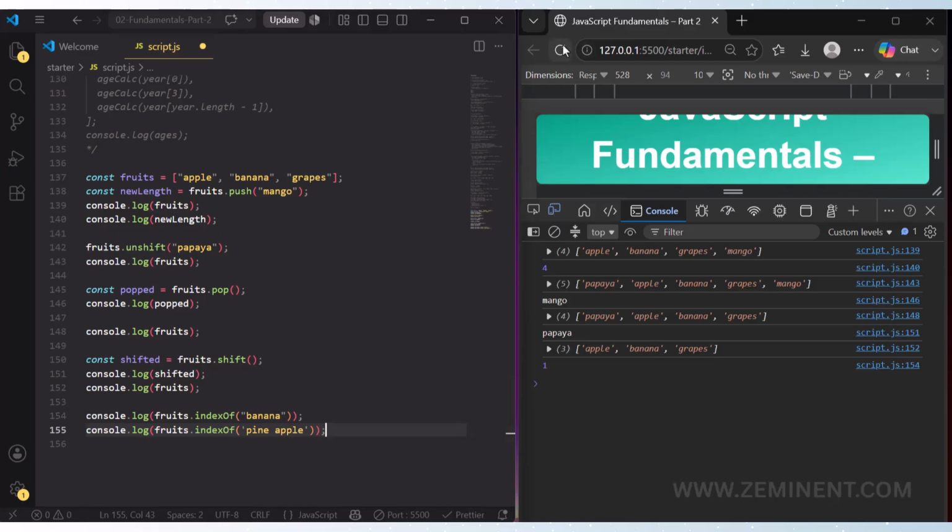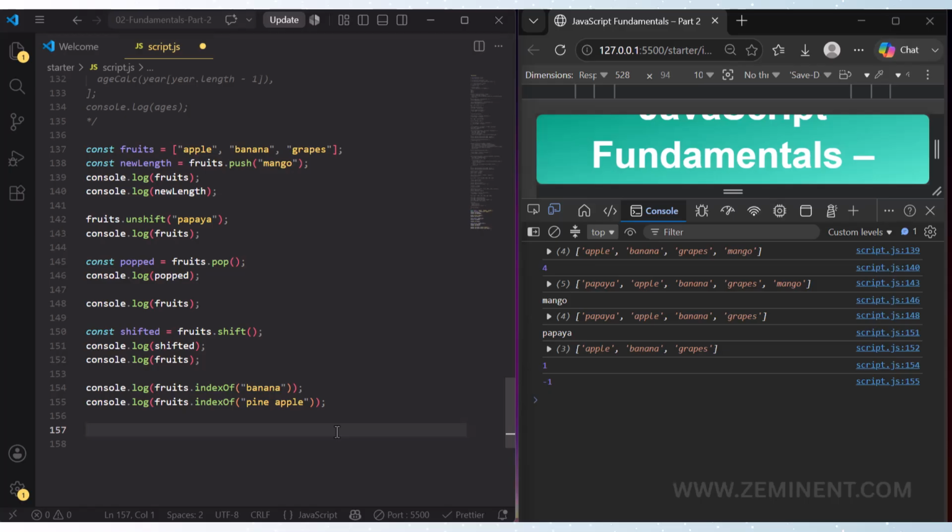And see the result. Reload here. See here it displayed -1, because -1 means the given element is not available in the array. So it displayed -1.